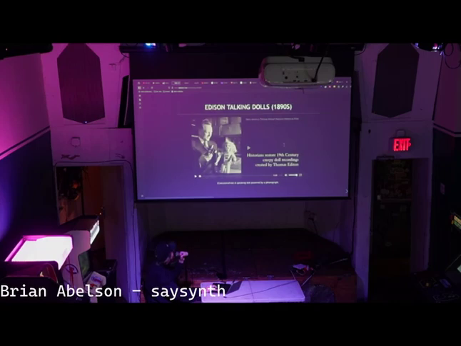Okay, this is not really a speaking machine, but I think it's interesting in the history. This is what I'm calling the first concatenative speaking machine, and basically it's a doll that had a phonograph in it, and Edison thought of this as a way to market the phonograph in a way that was not scary to people, but as you'll see,